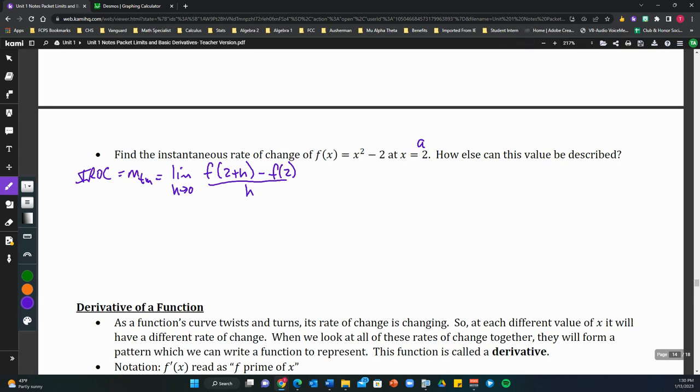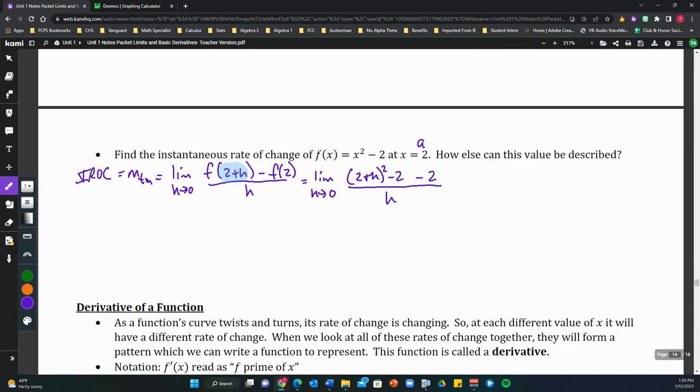So to evaluate this, we need to actually come up with an expression for f of 2 plus h. So the limit as h approaches 0. Yes, we need to keep this limit operator on this at all times, otherwise it loses all of its meaning. So f of 2 plus h, remember that this location inside these parentheses is telling us what to substitute into the function f of x. So we need to take the expression 2 plus h and substitute in for x, which would give us 2 plus h quantity squared minus 2. All of that is the value of f of 2 plus h. And then minus f of 2, well, if I plug 2 in, I get 4 minus 2, or 2,